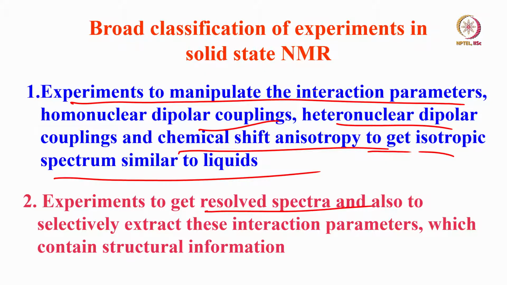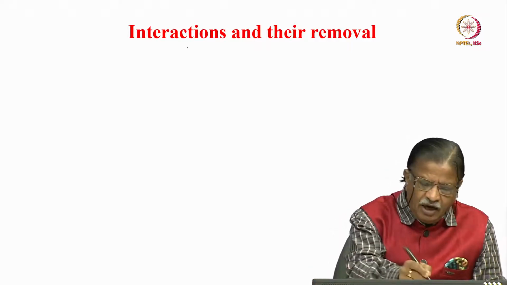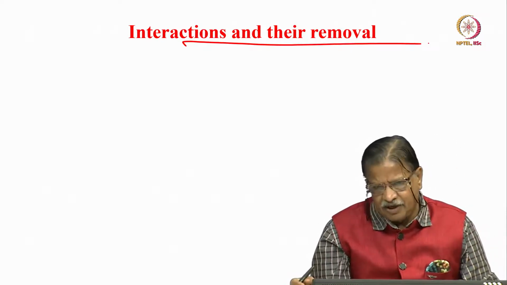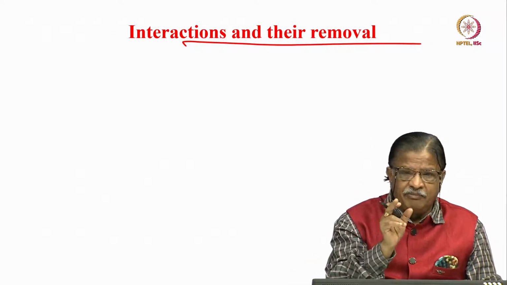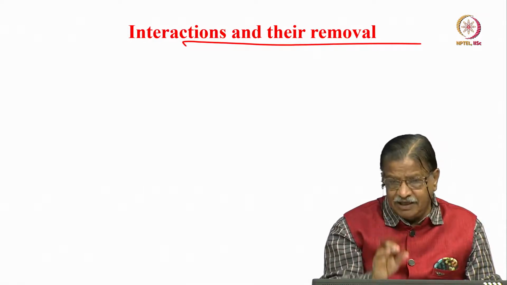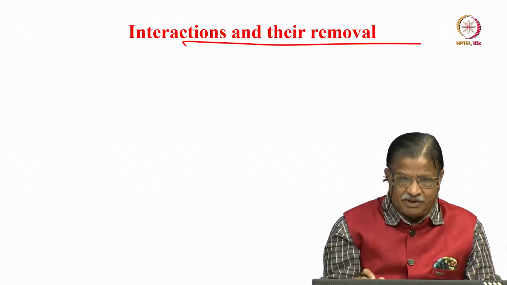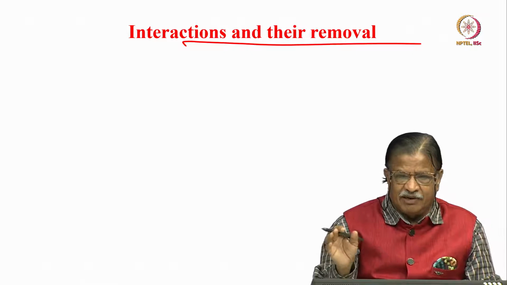So like this we can have different broad classifications of NMR experiments, and for each of these experiments a number of techniques are available. Many 1 and 2 dimensional NMR experiments have been designed to get sharp lines, high resolution spectra in solids. Now to get the sharp lines in the spectrum of solids, what do I have to do? I have to retain the solid in its form plus remove the interaction parameters, anisotropic interaction parameters like CSA, dipolar coupling, etc.